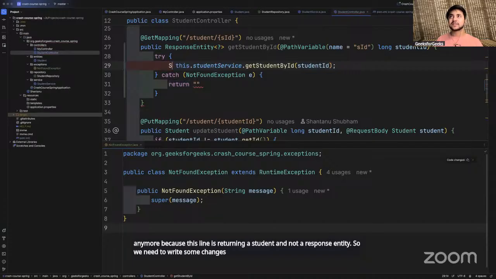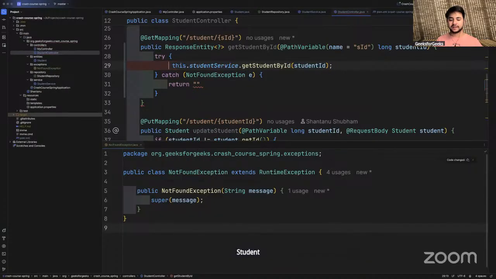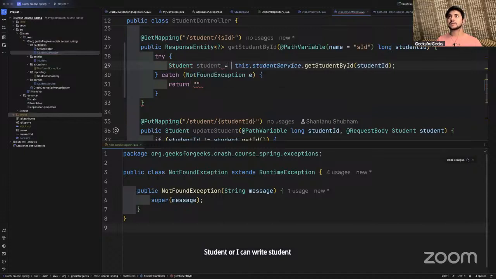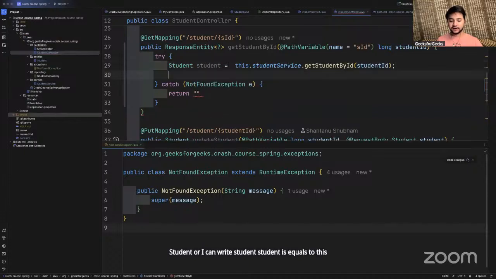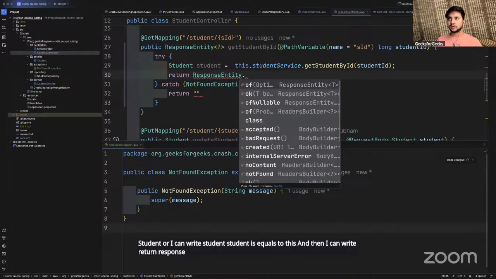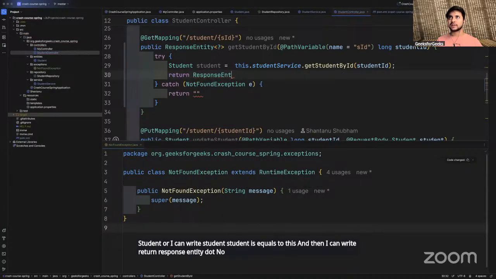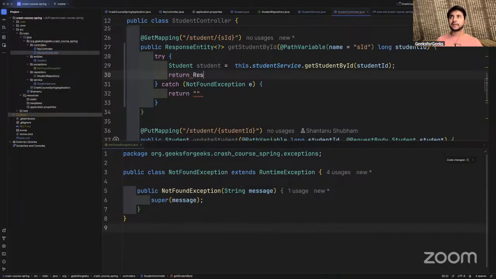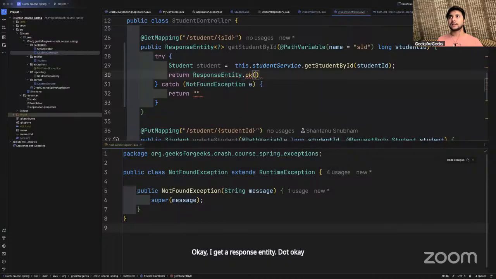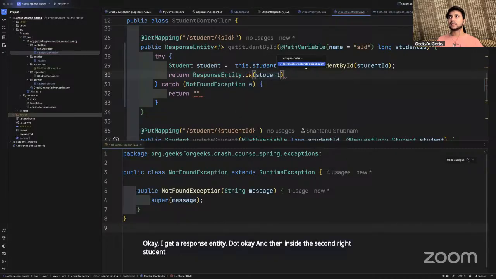I can write Student student equals this, and then return ResponseEntity.ok, and inside this I can write student, and that's it. Now, what is the meaning of ok?